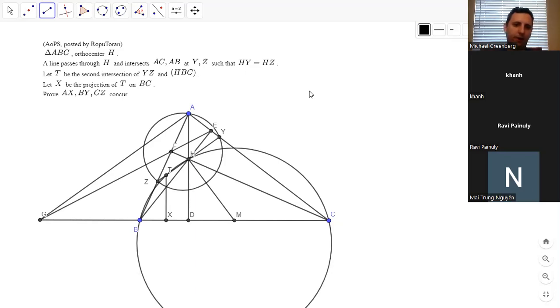Yeah, that's a very simple way to do it using the butterfly theorem. Okay, so